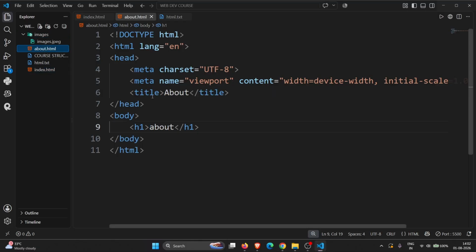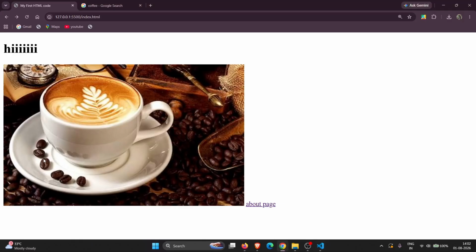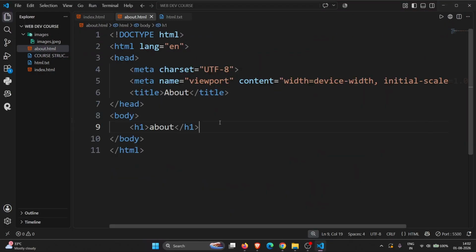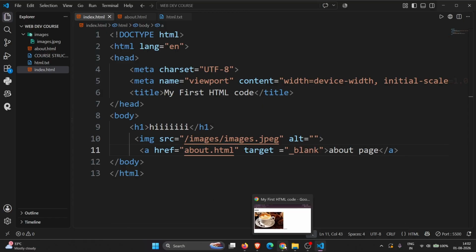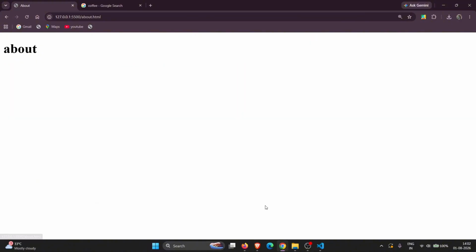Let's see our about page. I've just written the basic HTML format, basic boilerplate code. I've given the title about, and I've just written an H1 in it. So you see it's on the browser. If we want the link to open up in a new tab, we have to type target equals blank here. And now if we click on this link,